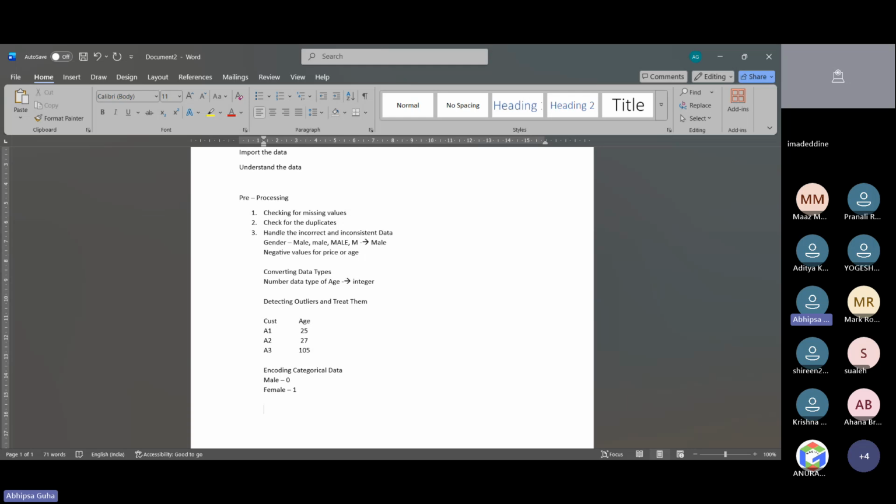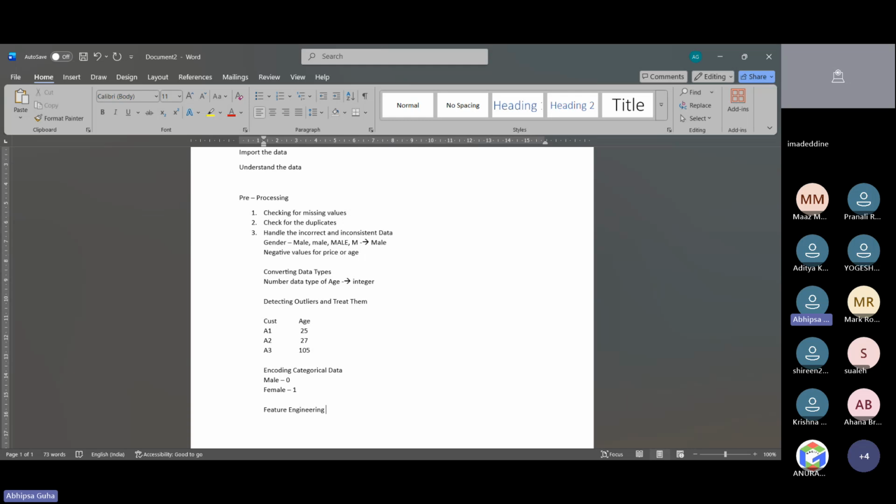Next, we'll move into feature engineering. So this is feature engineering. We need to create useful columns out here. Suppose we have an order date column. We can definitely extract the month or the year from the order date. This type of feature engineering we need to do.